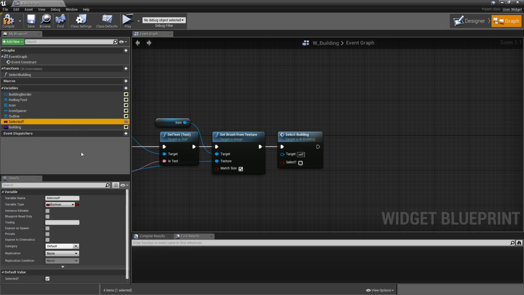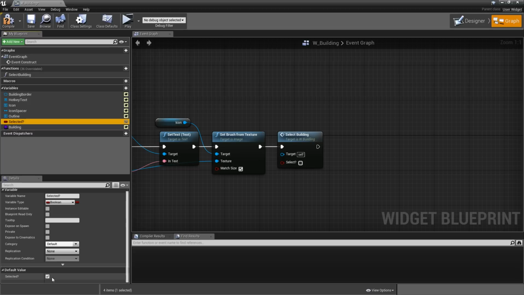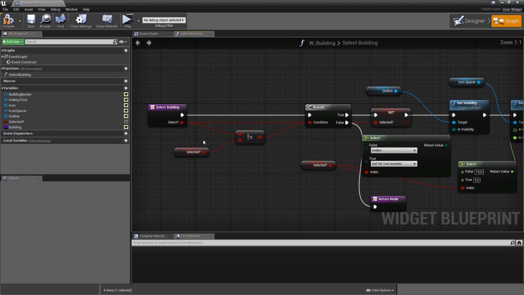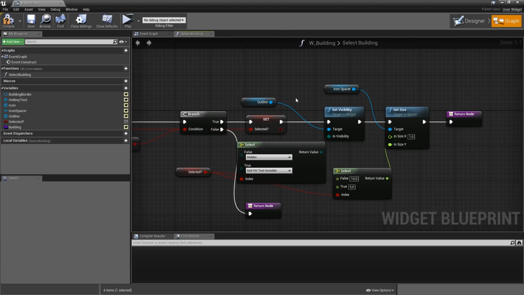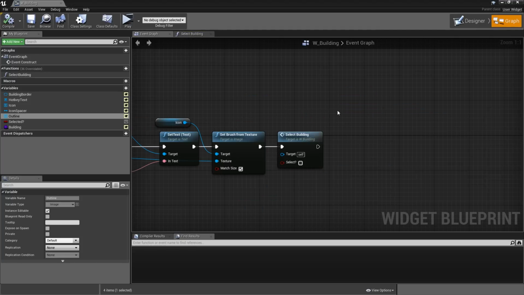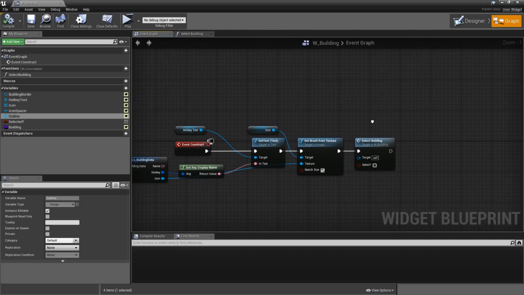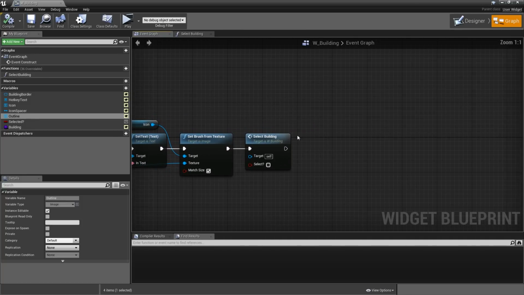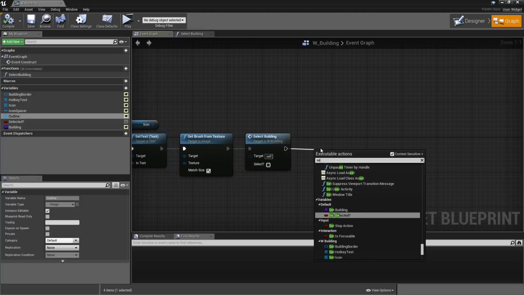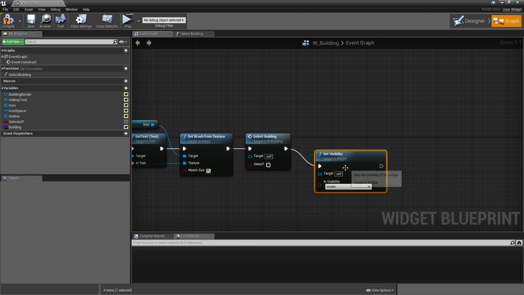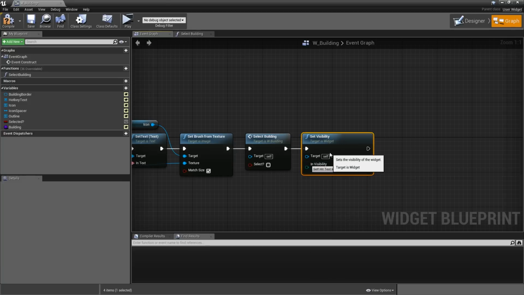And now it makes sense that our default value of selected is true, because by that it's able to pass the first branch here and just do the little cosmetic updates that the outline will be hidden and the icon spacer will be set up properly. Like in one of our other widgets, I think it was the w_resource, it could be that based on your performance you actually see it updating. So to prevent that, at the very end we will set visibility of ourselves to self-hit test,